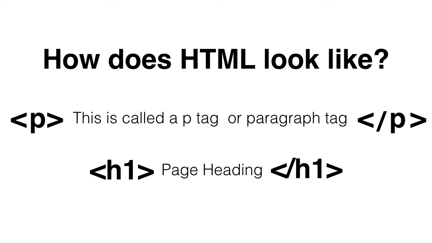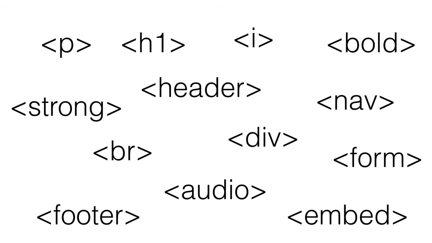All right. Now, not all HTML tags are going to have a closing partner. In this case, the HR, which stands for horizontal rule, does not have a closing tag. There are many of them that don't have a closing tag, but I'm going to show you which ones do and which ones don't. So let me just give you a little list here of some HTML tags just to give you an idea. The strong tag makes things bolder,